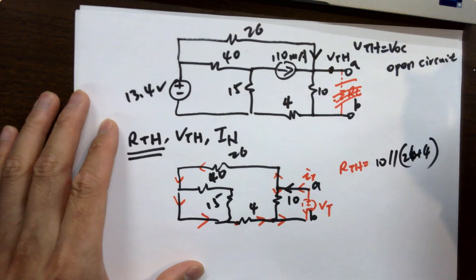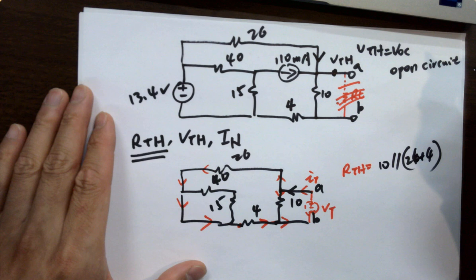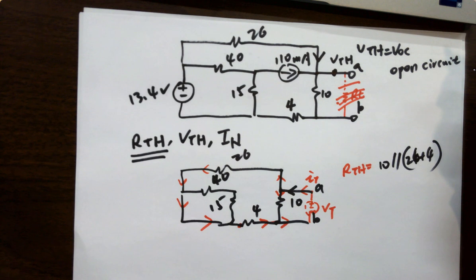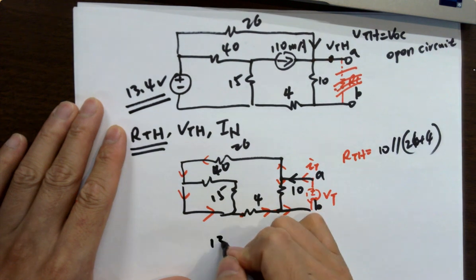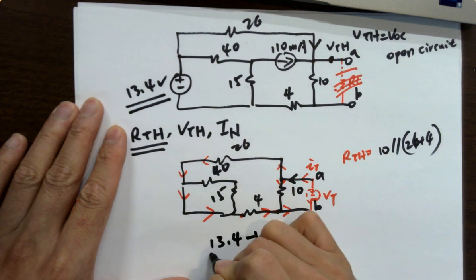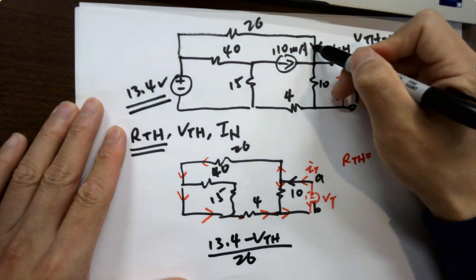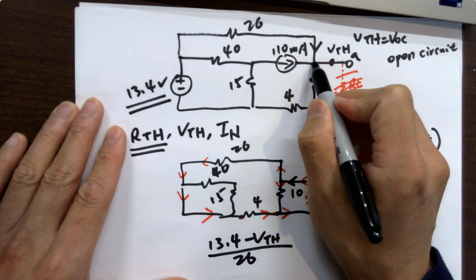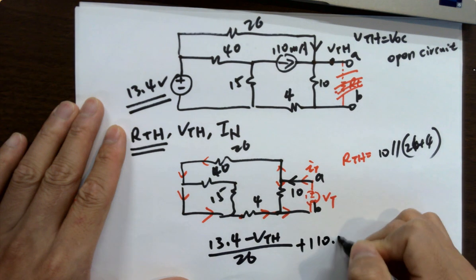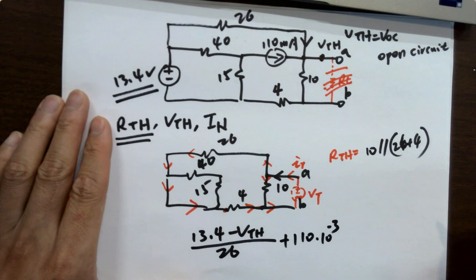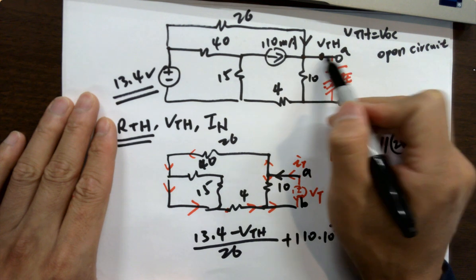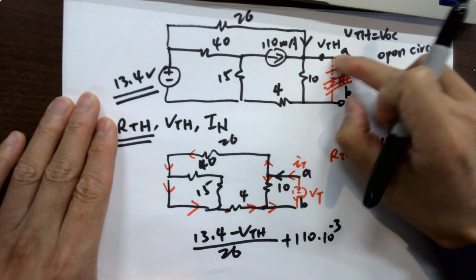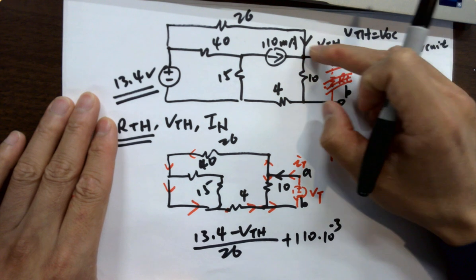So what's the current flowing here? This is VS, so it's 13.4 volts minus VTH over 26 ohms, so that will be the current here. And you have another current flowing into the node, which is 110 milliamps. Is there any current over here? No current. It's an open circuit. No current flowing into this wire. So all the merged currents